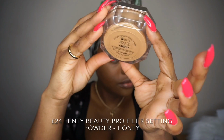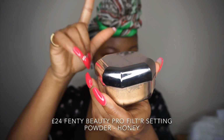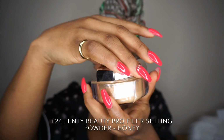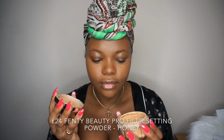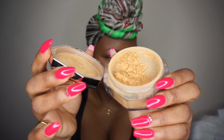So I have the shade Honey on this Pro Filter powder. This is a yellow base powder. So if you don't know what a yellow base powder is, you know Sacha Buttercup, you know Ben Nye banana powder, something like that. But this yellow of Fenty Honey is not so yellow. The Fenty Beauty yellow is not so in your face yellow. It's between yellow and brown. So the mixture is just gorgeous,